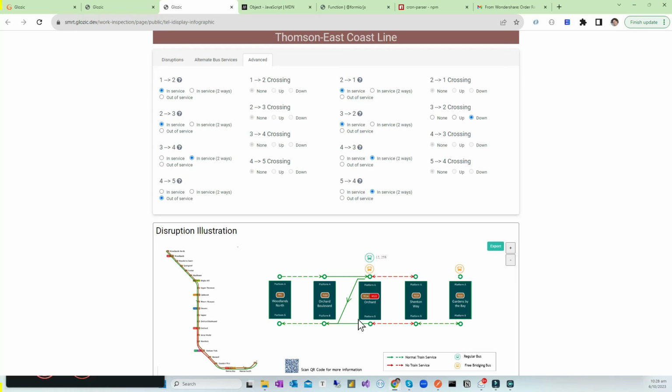So the normal service here is not available. So the train will not come from this platform. So we will need to disable this. To do that, we will need to set that 3 to 2 is not in the normal operation. So 3 to 2, we will need to set it out of service. So that we will get a complete illustration of the train actually coming from Woodland all the way to Orchard, but from Orchard, passenger will need to onboard the same platform to go back a different direction. So this is how you will get the diagram,